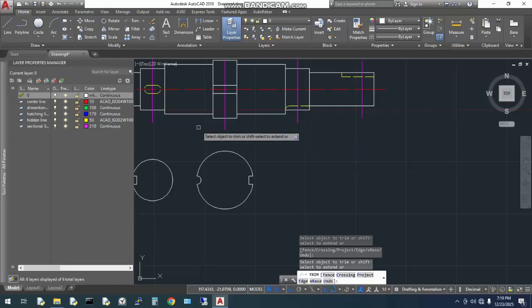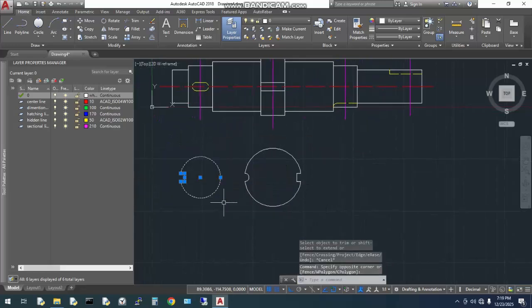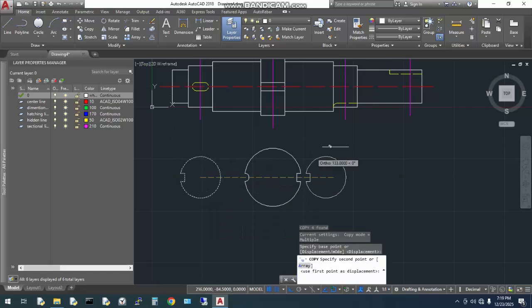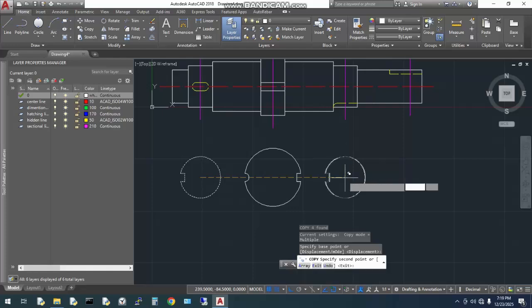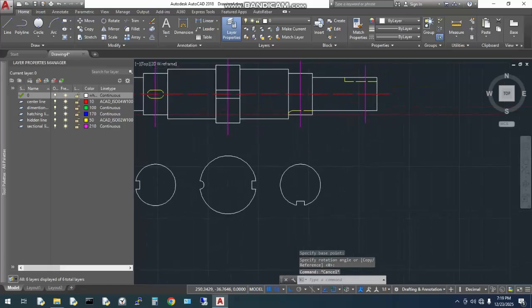and for this one we'll just copy this portion, CO, enter, click over here. Yes, now we are going to rotate it. Okay,